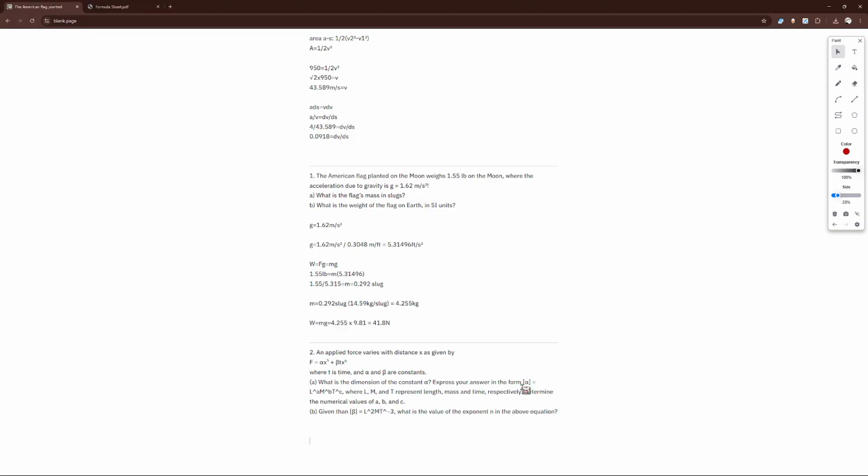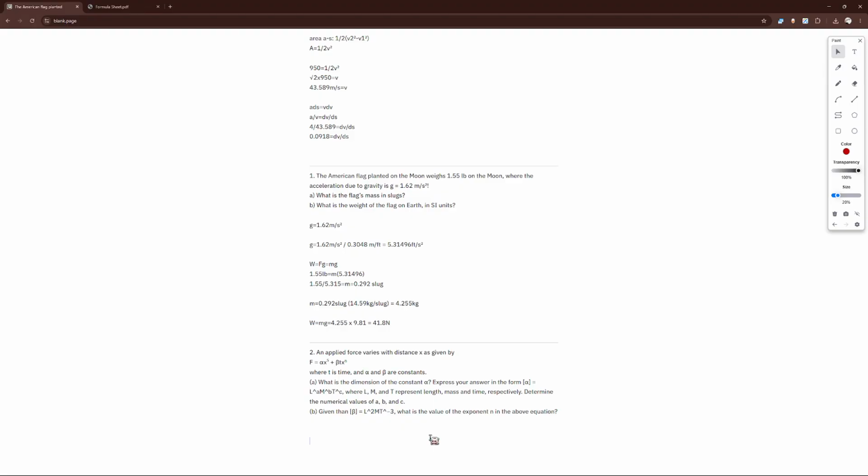Right? Because as you can see, express your answer in the form alpha is equal to length to the power of A, mass to the power of B, time to the power of C. L, M, and T represent length, mass, and time respectively. And then we need to determine what A, B, and C are equal to. Okay, so we start off with,